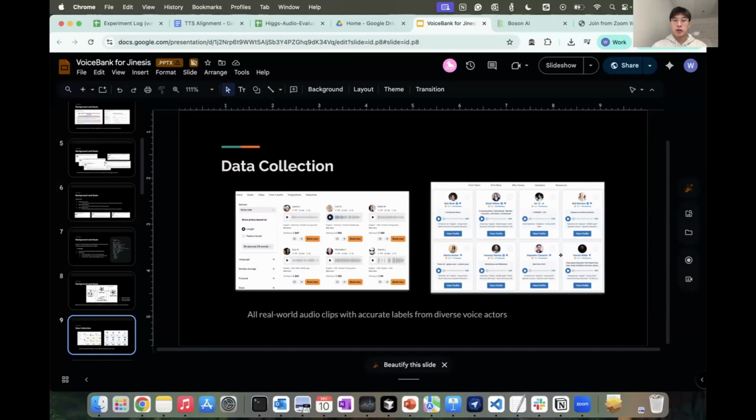And also because these websites are already in pair format, one example, one description, we just collect them all. This way of collection enables the data we have to be very diverse, and all of the texts are already ground truth.